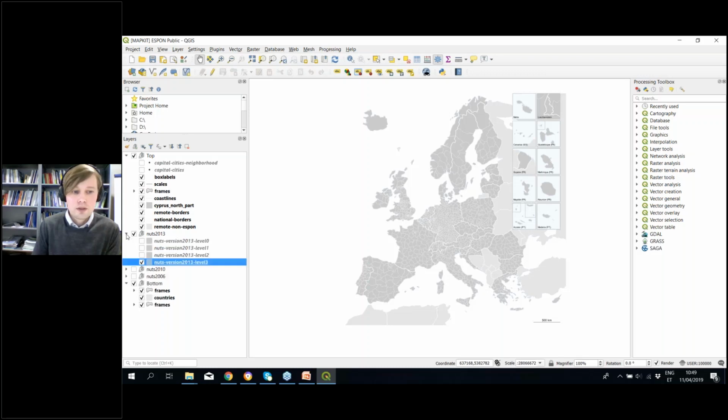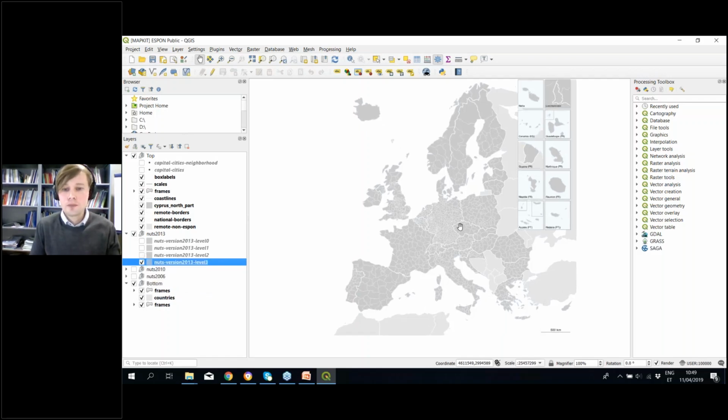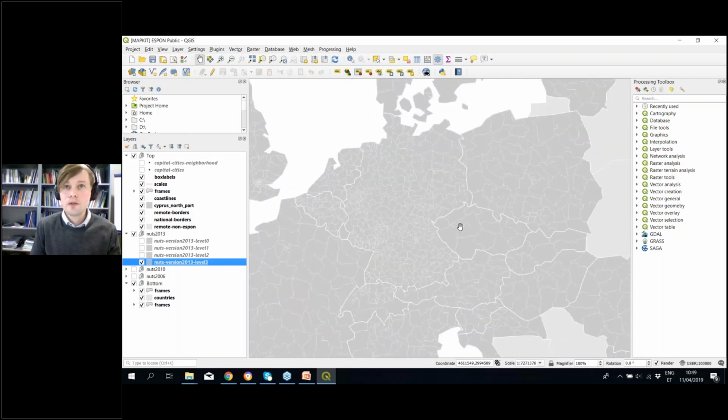Mostly NUTS 2013, for which I think we have the most data in our database. And here you also see the level of detail. So NUTS 3 regions are the smallest units. If I zoom in,